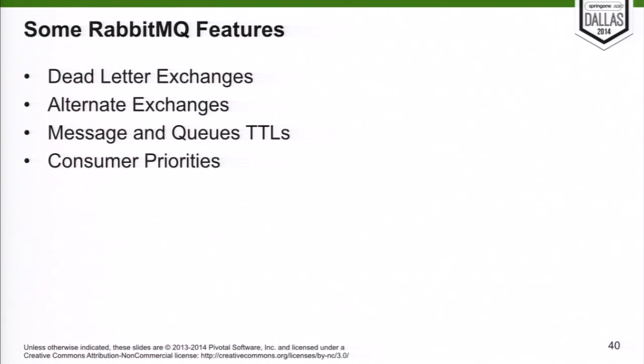Consumer priorities. Let's say you have machines that are not really the same, one more powerful than the other, so you want the consumers on this machine to be prioritized over the ones on the other machine. Or they're nearer to the server, so you have less latency, so you would prefer to send messages there and not to the other place, for example. Federation and shovel, this is a way to replicate across a wide area network, and this is what the New York Times uses to scale the whole setup. It's all orchestrated via RabbitMQ.